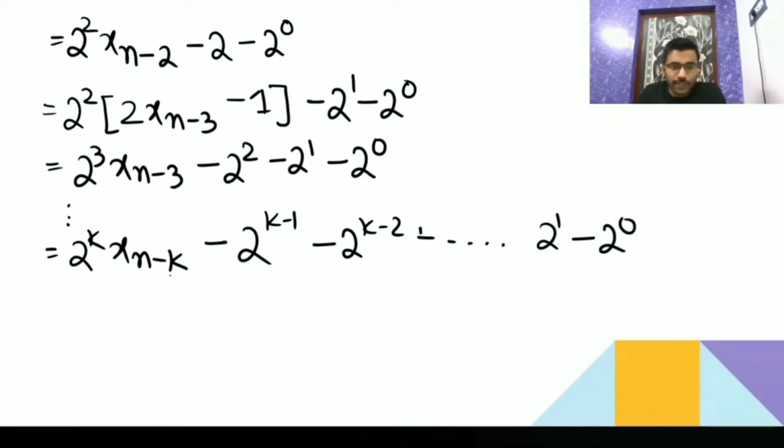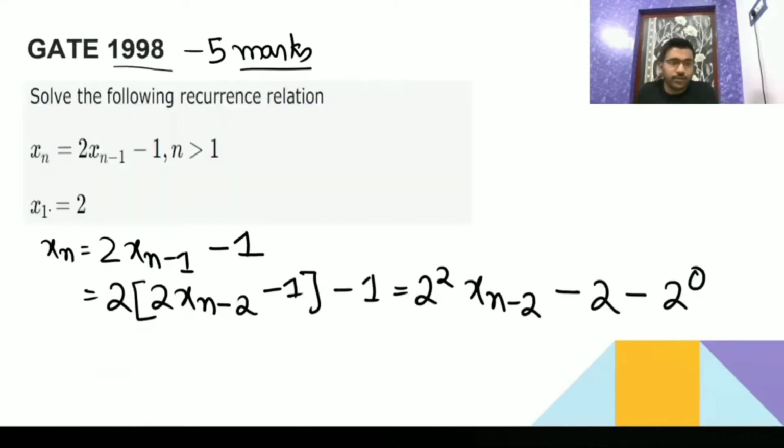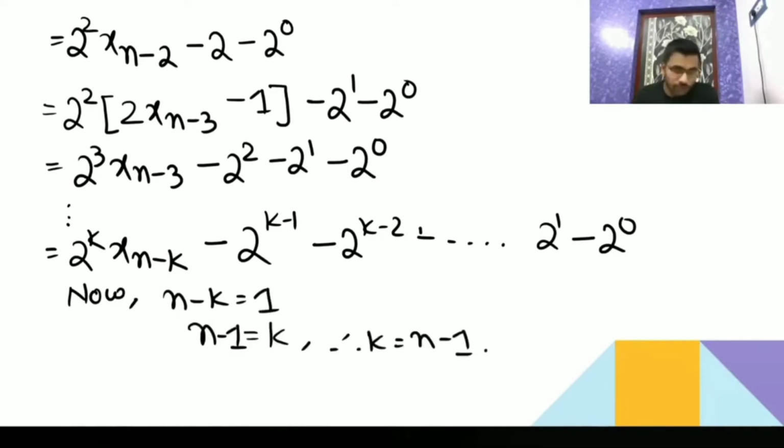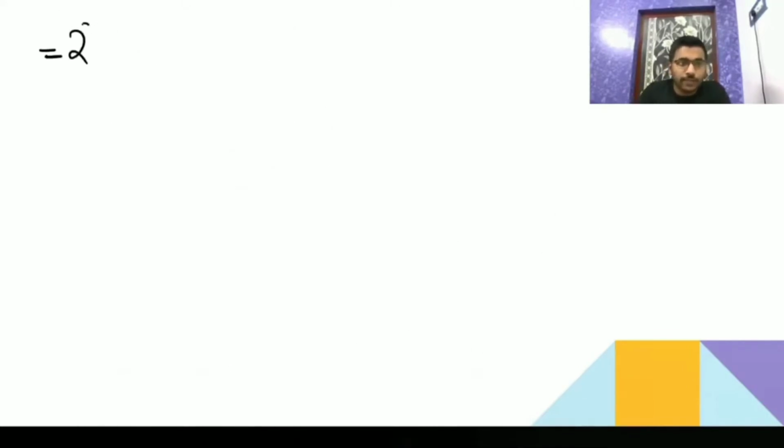Now we have to make n minus k equal to 1, then only we can substitute with 2. So how can we make n minus k equal to 1? So k will go there. Take your time, then decide. If you're done with the writing, let me know. In place of k I will write n minus 1, so it will be 2^{n-1}